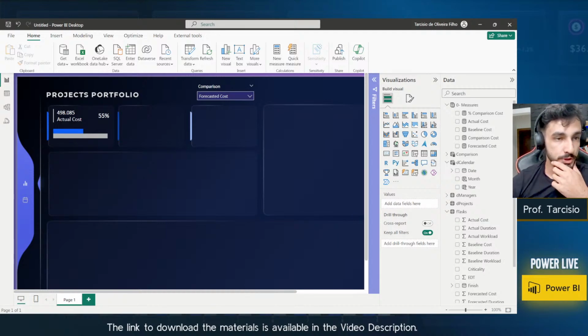Can you have a conditional label in that card based on your comparison? Yes, we can. We can have. Okay, okay,